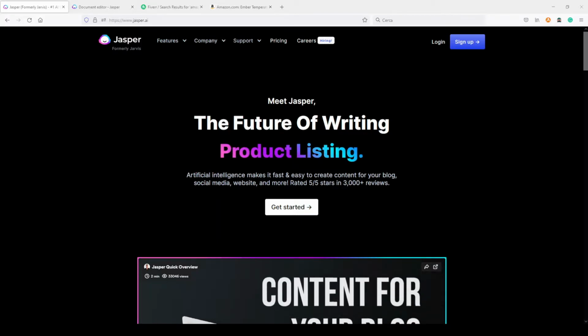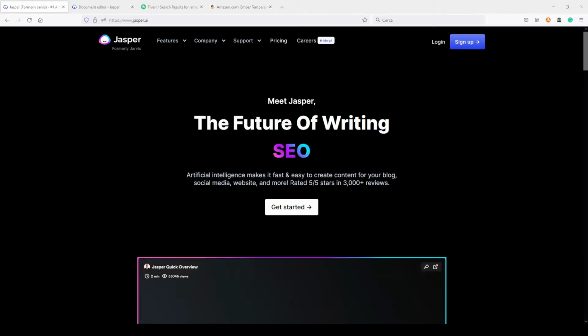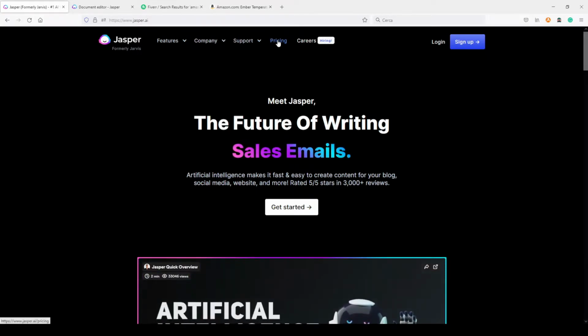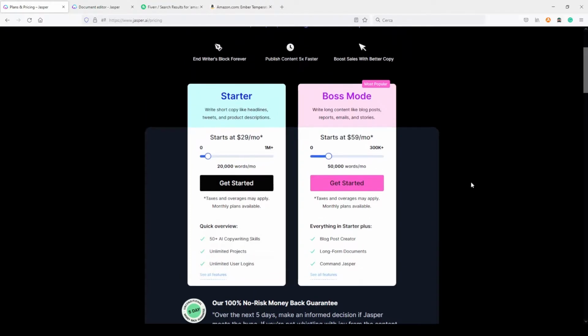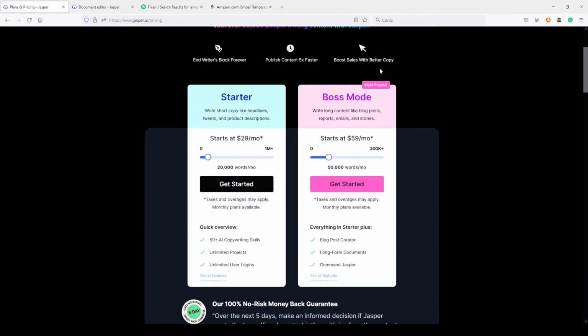Now, I know there are a lot of people that are really interested in this kind of AI tool, but they find them too costly because, let's tell the truth, they are not really cheap if you don't use them for making money or for your daily job. So let's take Jasper AI, for example. I always suggest, if you want to use Jasper AI, to select the boss mode, because first you have more monthly words to use in this app, and second you have the boss mode commands, and so on. You can even choose the starter one if you don't know how Jasper works or if you have little needs, but this plan is for sure the best one. You have more options and more possibilities, but it costs